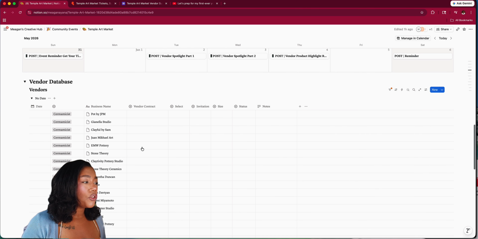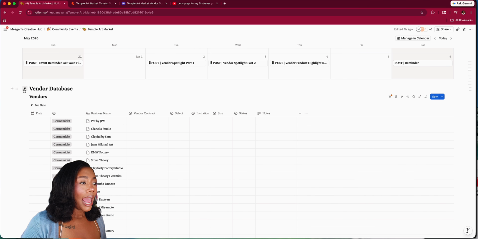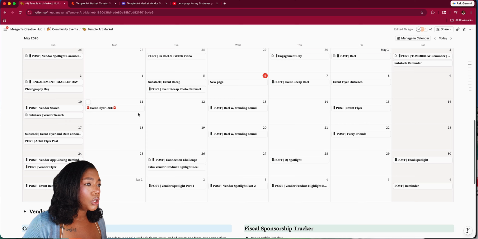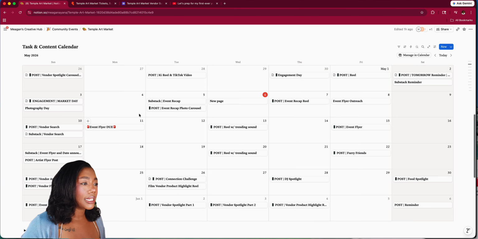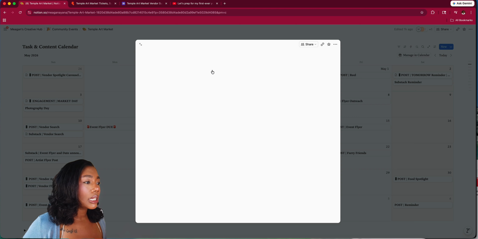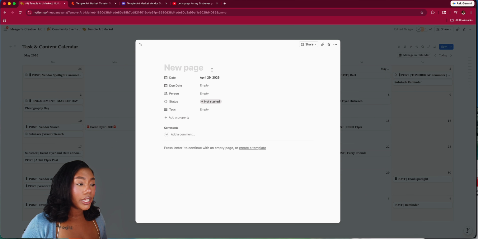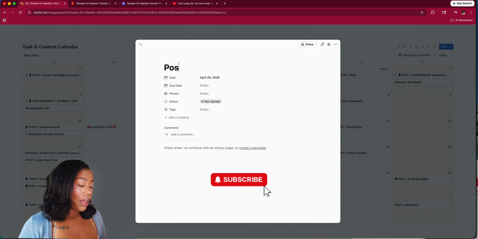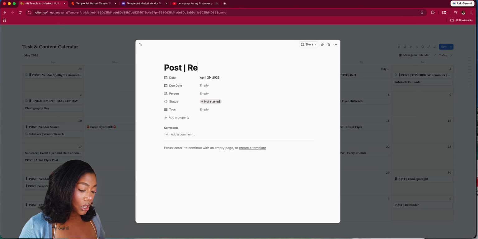Anyway, I use the calendar one for the content and tasks, and it's relatively simple. You will look at the calendar in its entirety, and how I do it is that I will add a page or an item on the date that something is due. I'll click on it, and it will pop up this new page. On this new page, I will add what the task is. So the task might be to post, right? I might want you to post a reel or